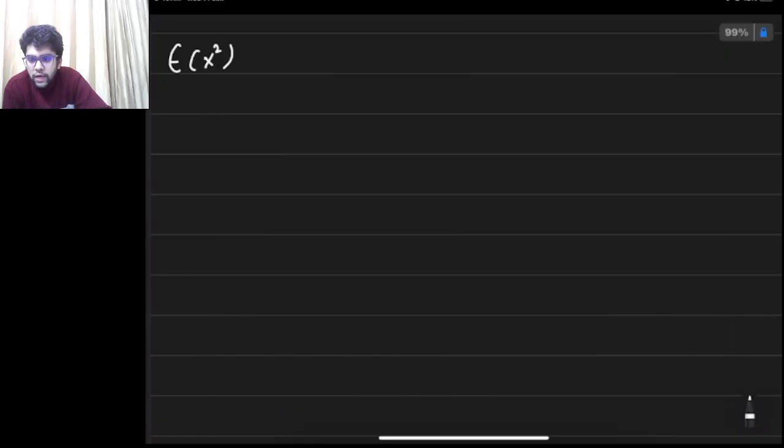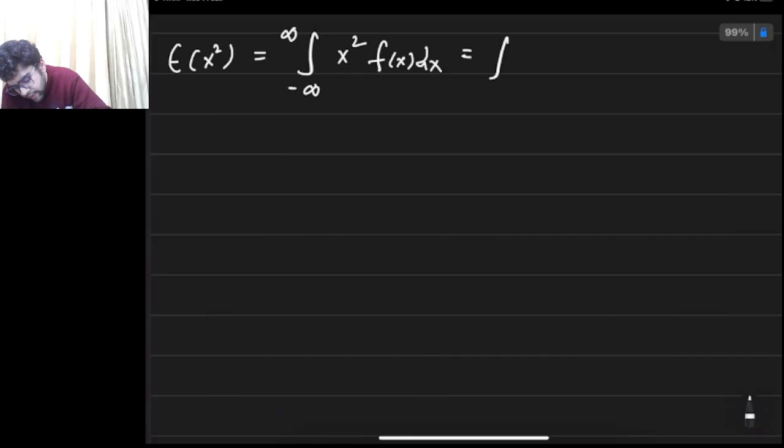So if we want to find E of x square, we would have to find the integral of x square f(x) dx from negative infinity to positive infinity, but the limits here are defined from 0 to 1. X square, now f(x) dx was x to the power a minus 1, 1 minus x to the power b minus 1 divided by